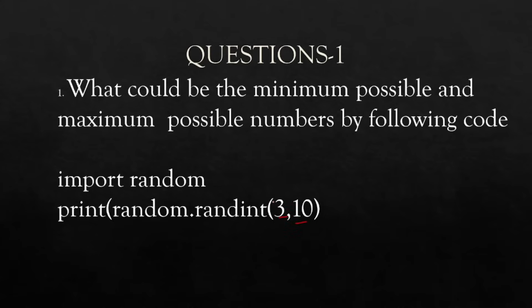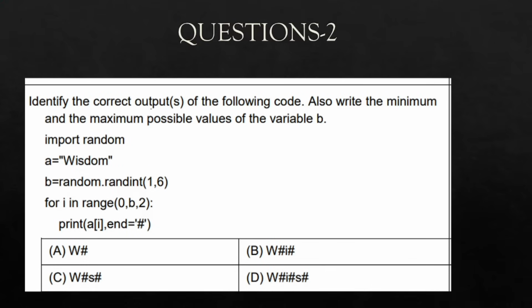So what is the minimum possible? It is a 3. What is the maximum possible? 10, because randint will accept both the starting and ending value. Next question: identify the correct output of the following code and also write the minimum and maximum possible values of